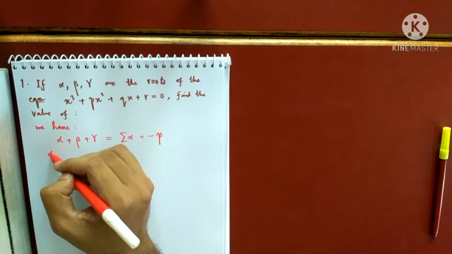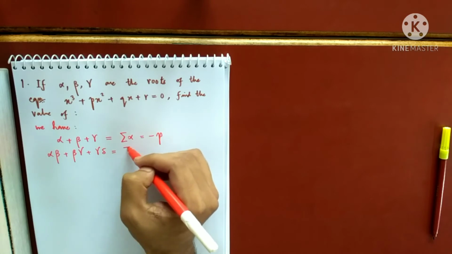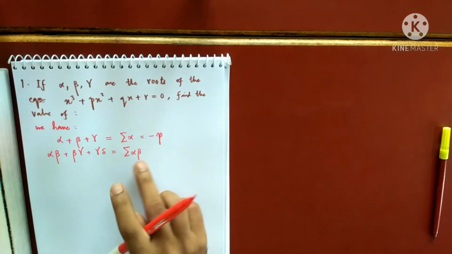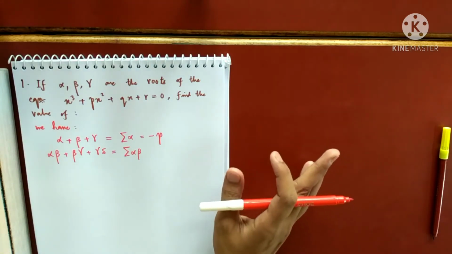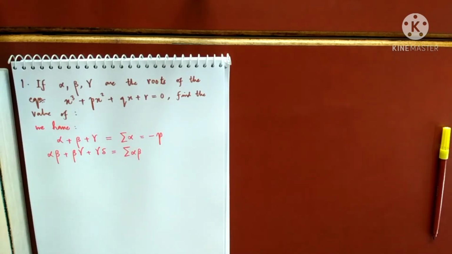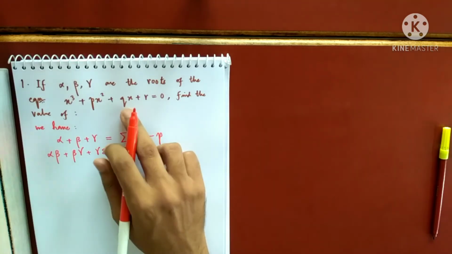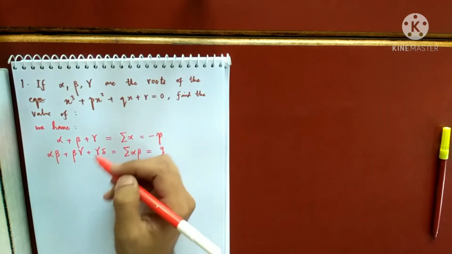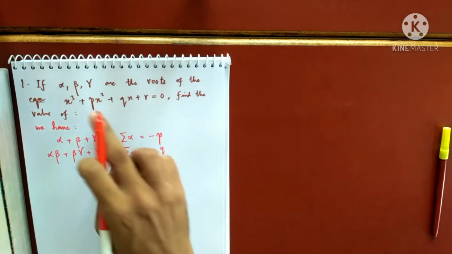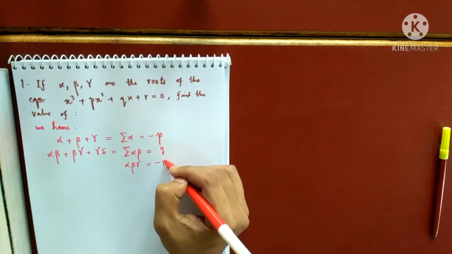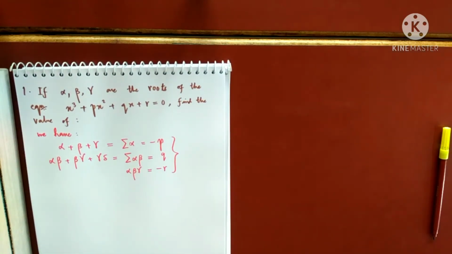Now similarly, we have alpha beta plus beta gamma plus gamma alpha, again which will be represented by summation alpha beta. Now this means all possible pairs you have to consider. Do not take both beta alpha and alpha beta, they are the same, so just once. And this is again a symmetric function of roots. What is this? It is q by the coefficient of x cube. And alpha into beta into gamma is nothing but minus r. Only with these three things I can find every possible symmetric function of roots.